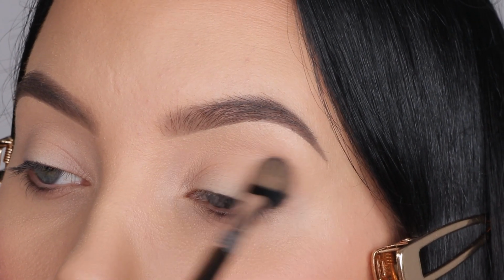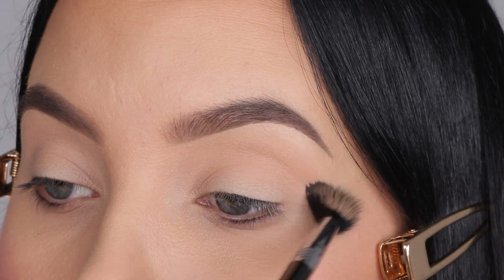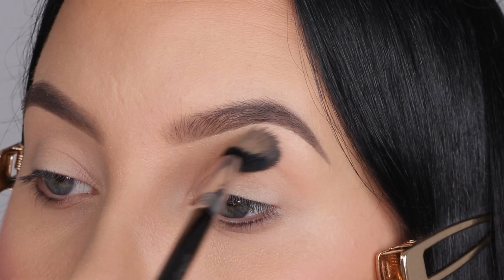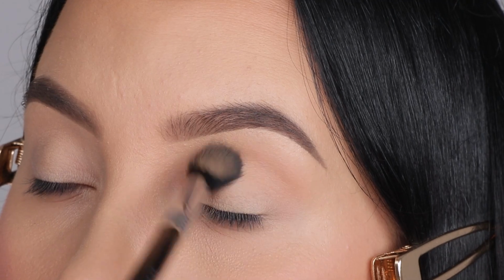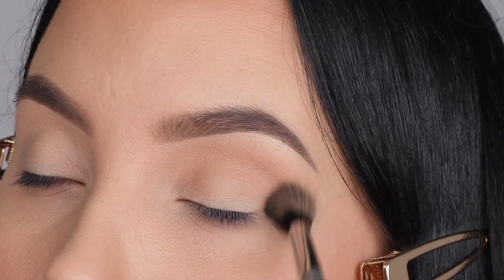So now using that same Basic Beat Soft Blend palette, and using this light color and blending this all the way in my crease. This is going to be my transition shade. So I just want to make sure that this shade is kind of like all the way from the inner corner to the outer corner, and I'm going back in with my brush a few times to make this shade